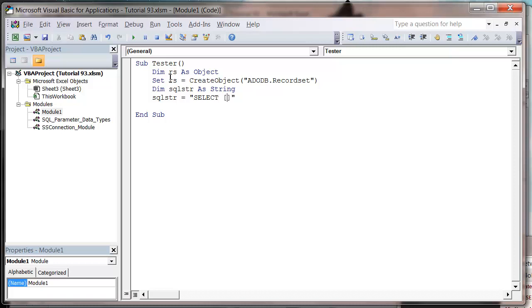So I always put them in square brackets in case people put in a name that conflicts with an SQL name. So I've got user ID, comma, I'm going to put in all my things first and then fill them in. So user name, city, age,